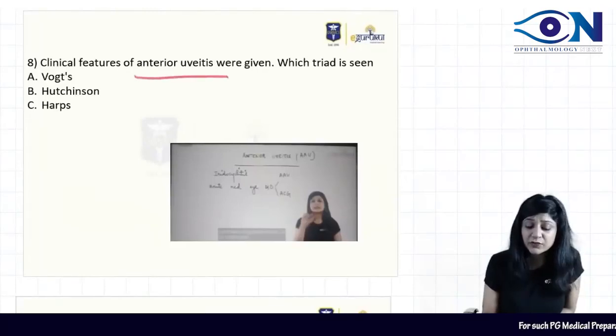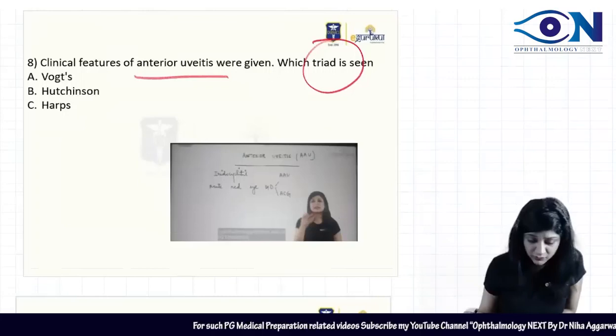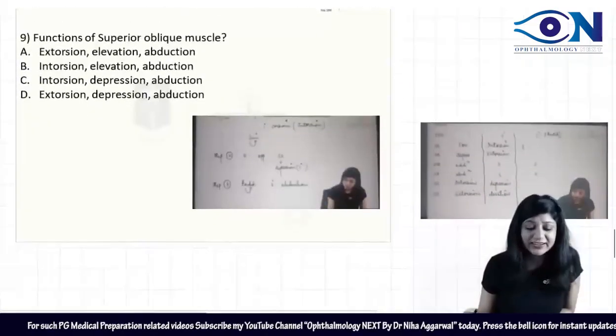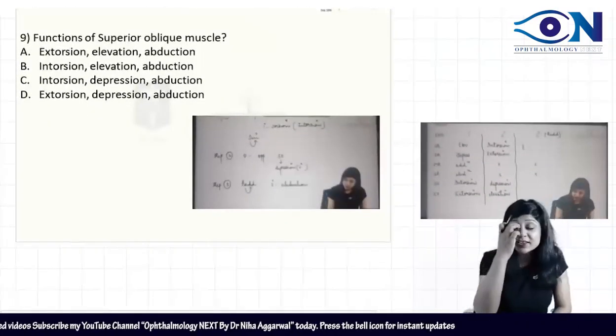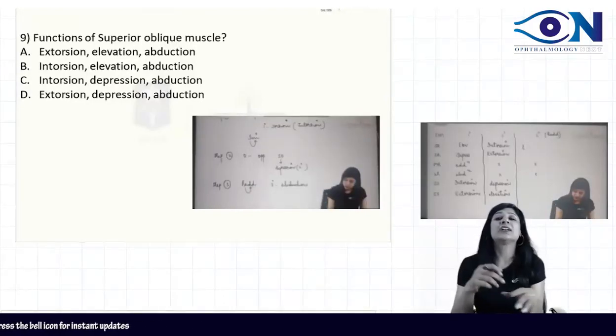Features of anterior uveitis, I think which triad is seen in, that is there in the acute congestive glaucoma. And finally, this is one question that I say to everyone: in squint you should know